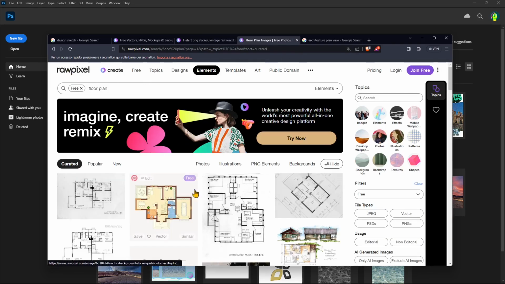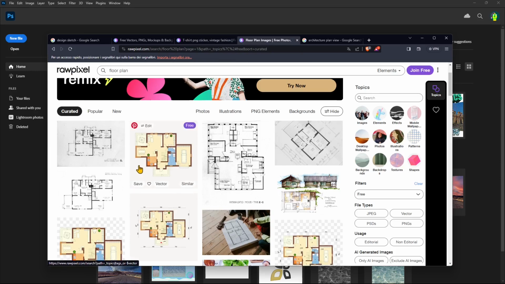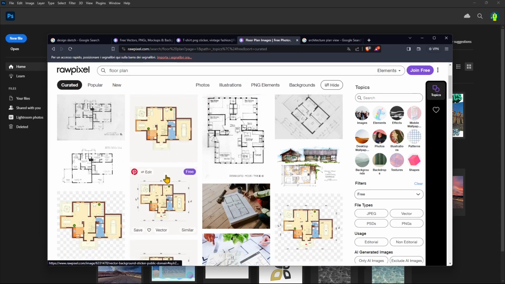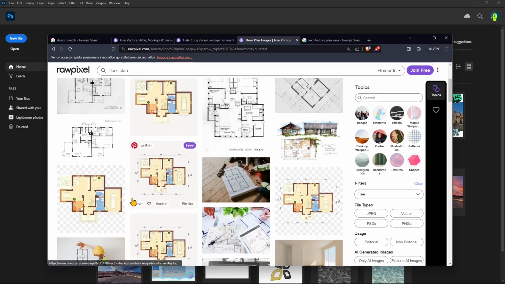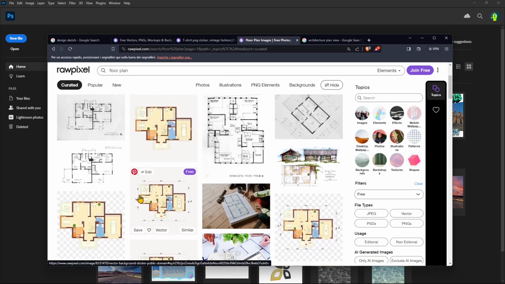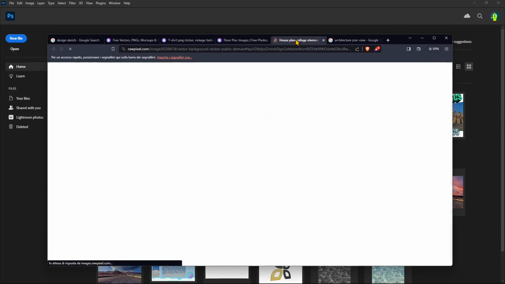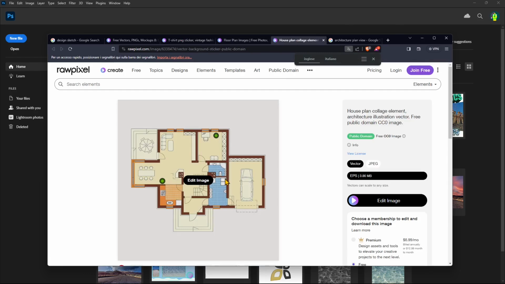And also I found some architectural floor plan views here. So ground floor or, well, apartment floor plan views that we can use again to make better using Photoshop. So I'm going to select perhaps this one here, which is already colored, but we can change the color and we can perhaps make it a little bit better with the texture. There is some texture here in some areas, so we're going to work in the areas that don't have a texture